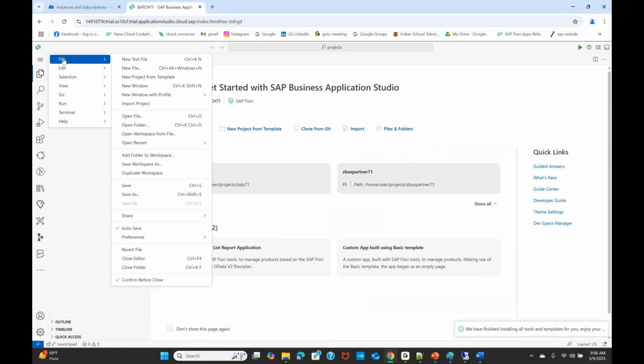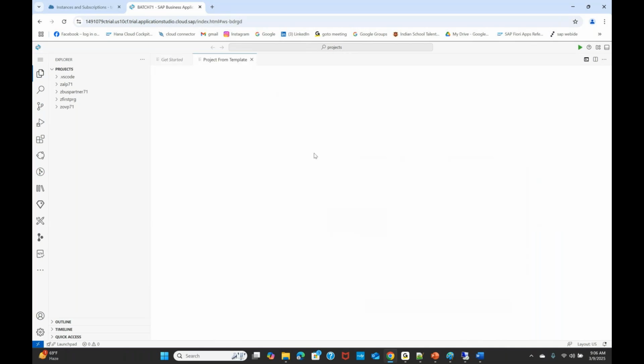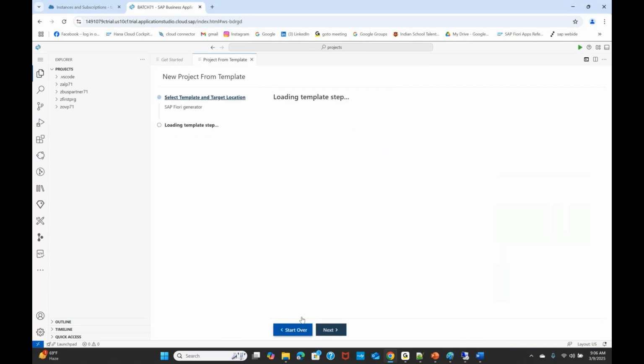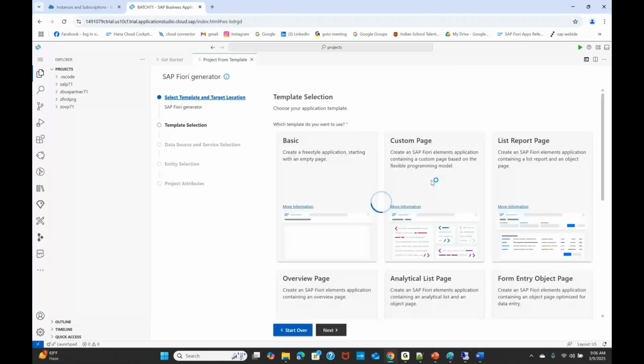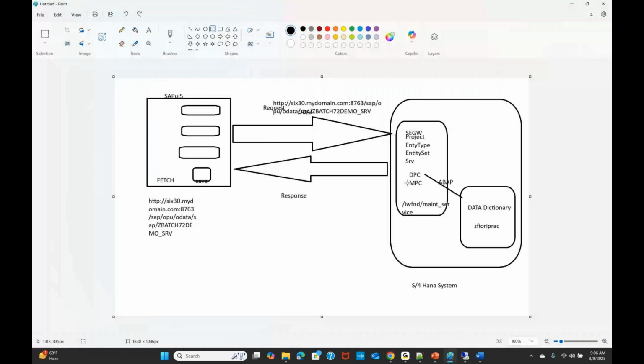So now I'm just creating a new project. You see, new project from template. SAP Fiori generator. I'm planning to develop a freestyle application, meaning SAP UI5. So what is the data source? Obviously, this OData service is sitting in the SAP on-premise system, right?